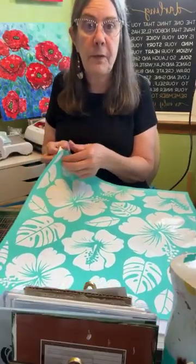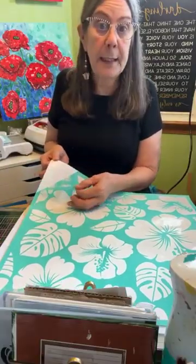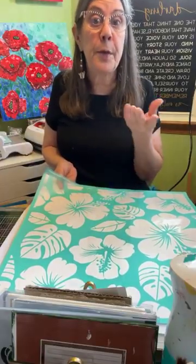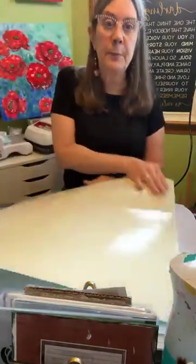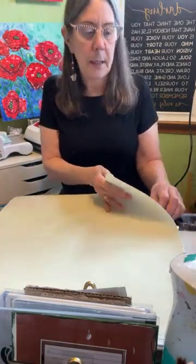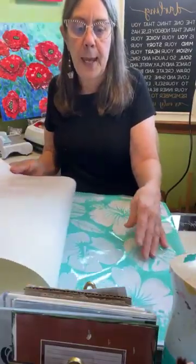And I usually take my finger and go at about a 45-degree angle, and then I get it started. Now what I'm going to do is flip this over so that the back sheet is on the top. So we're going to flip this over, and because I already have an edge that's started, I can pull this and hold down the stencil and lift up the back sheet,